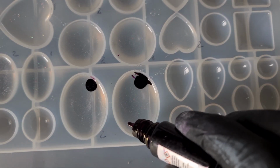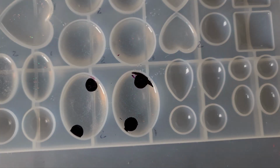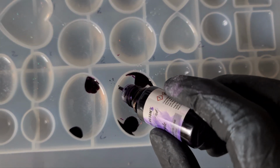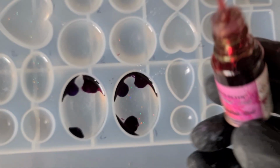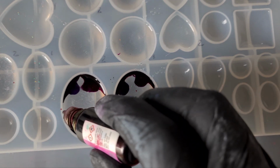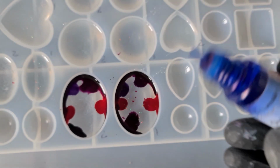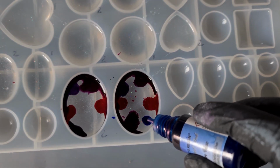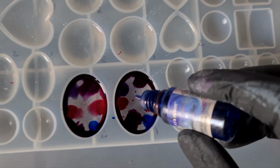And I'm just pointing because you can probably see that the inks aren't spreading the same as they normally would. This is because the sparkle on the surface of the resin is kind of forming a barrier. So this is a really good idea if you're struggling with your inks muddying together very easily. By using this glitter alcohol ink that we're making, it's going to prevent the spread of your colours on the